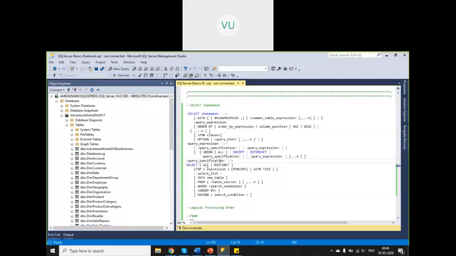By default, it is all. That means you want to select all the columns without any filtering, so even if some duplicate records are there, you want to select those records as well. You want to select all the columns and all records, right? And a replacement for this is star. So you can also say star. That means all columns and all records.